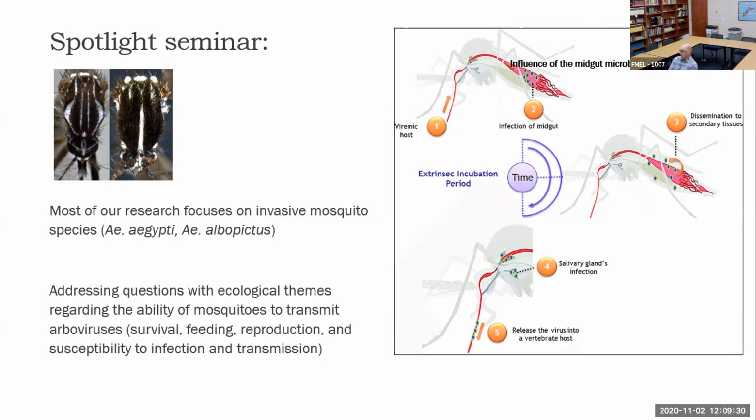And on the right is a diagram that shows the process in which an adult mosquito imbibes a viremic blood meal, and there are barriers to infection for that arbovirus in the midgut, going beyond the midgut, an incubation time before the mosquito becomes infectious, and then a time in which the mosquito is infectious and can potentially infect other hosts through biting. We study a number of different ecological processes that influence all these stages of the progression and state of infection. Next slide.